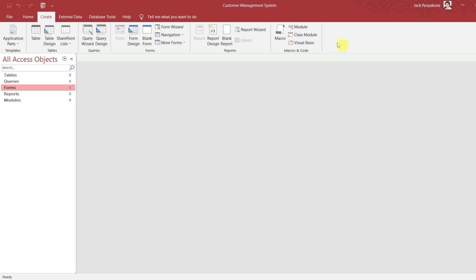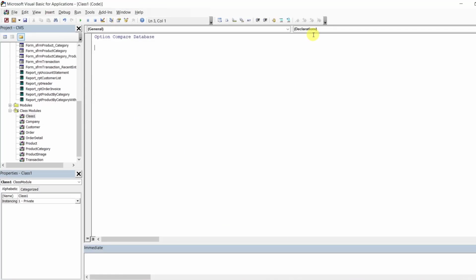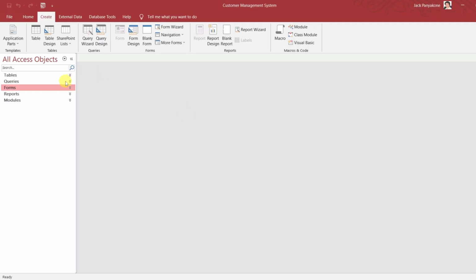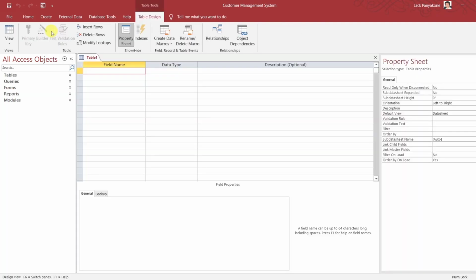Create a module, a class module. Let's see, we can say activity. Control S, Activity. One thing that we need to do before that, we need to go to a table design. Let's call this activity